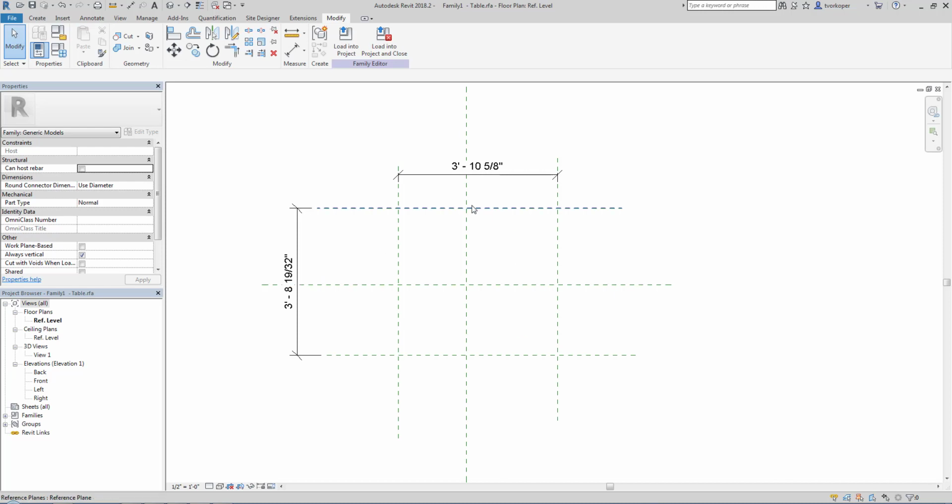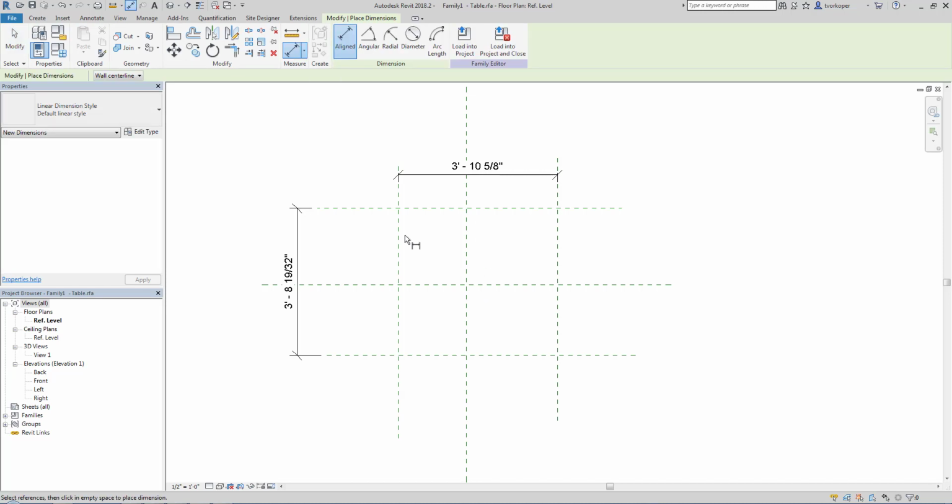This will keep the new family, no matter how big or small it gets as we flex it, centered around the middle. So we'll go ahead and add some more dimension lines. And when we add these, we're going to make sure it is selected along the center reference plane as well. And we're going to select this equal button right here,